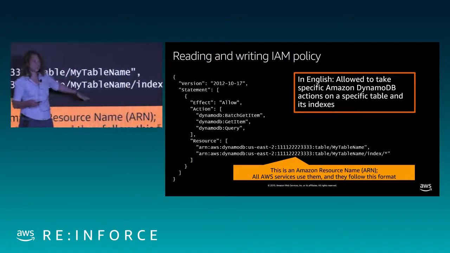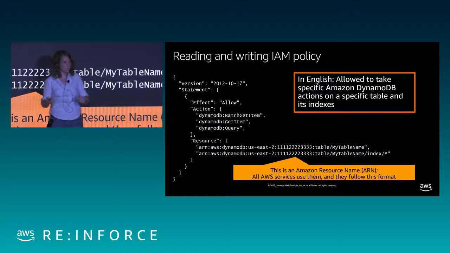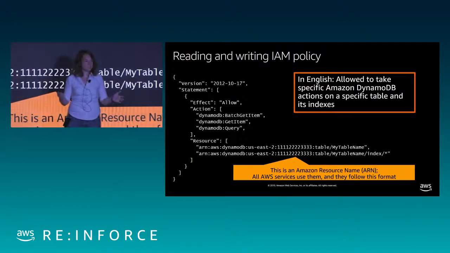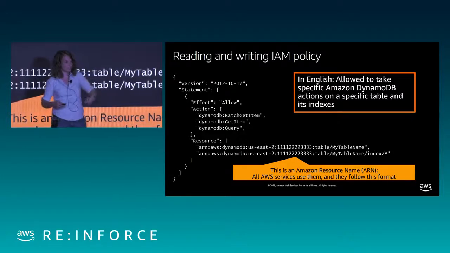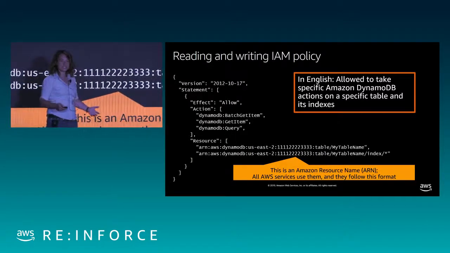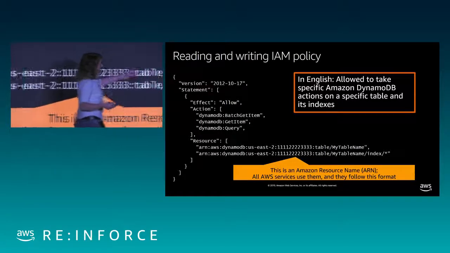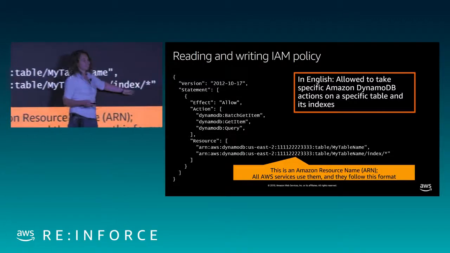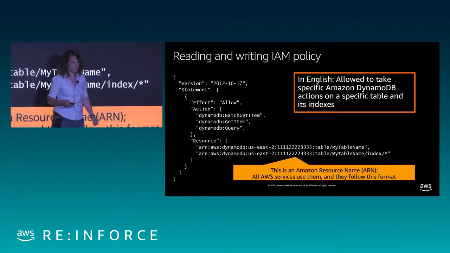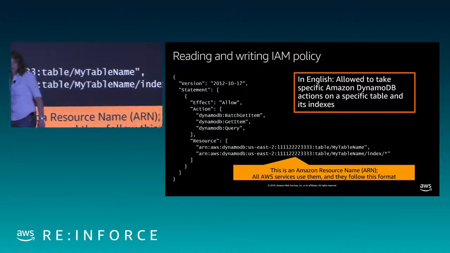You'll notice I actually have two resources here. Now, why is that? Well, if you go and look at the documentation for how DynamoDB does policies, and I'll show you the documentation page in a couple of minutes, there'll be a big table. We have a big table like this for every service, and you'll see that for query, DynamoDB queries involve both the table and the index that you're querying. So I'm saying both the table and any index under the table is queryable by my application. So that's how one of these fine-grained policies works.